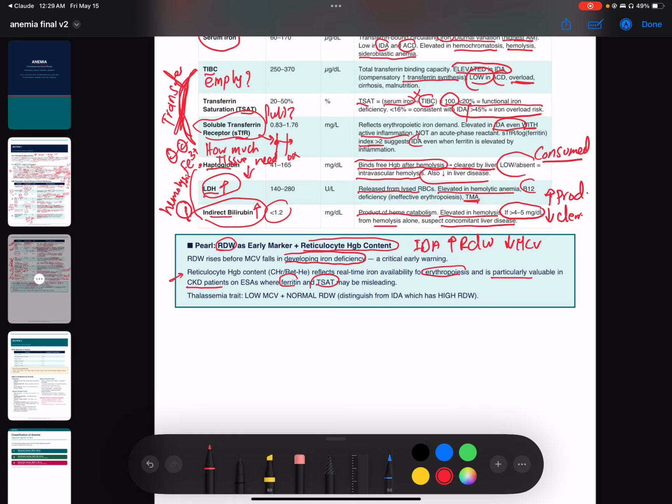Again, RDW can also be really important to distinguish between thalassemia and iron deficiency anemia, because both can cause microcytosis or low MCV. But if you have low MCV and very high RDW, that's more consistent with iron deficiency anemia. If you have very low MCV and normal RDW, that's more consistent with thalassemia. Okay,